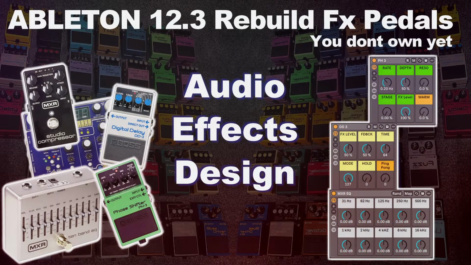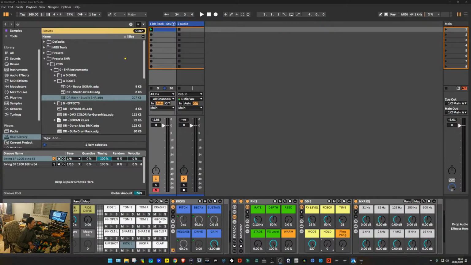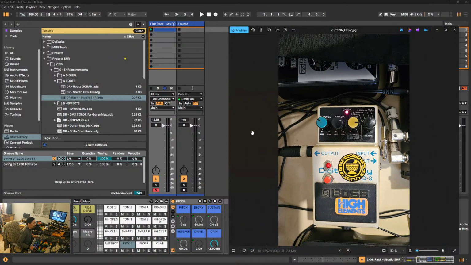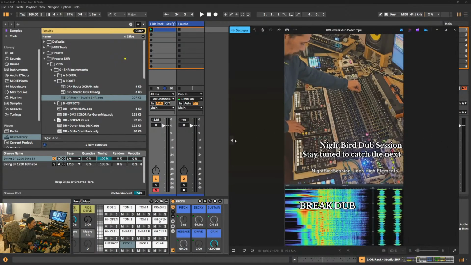So first, I will talk about the MXR EQ you see on screen now on the left, and I will explain later how I did it. And after that, we will talk about two other pedals that I replicated. So this one is the DD3 from Boss, okay, and I've got another one also, which is the PH3, still from Boss, okay,